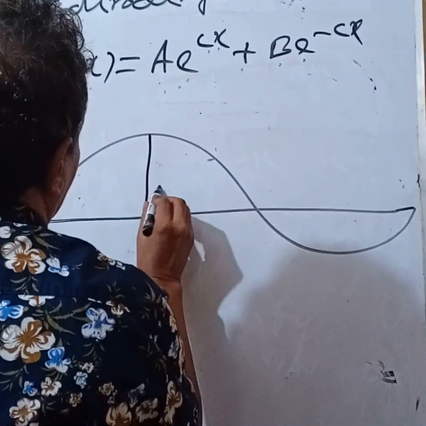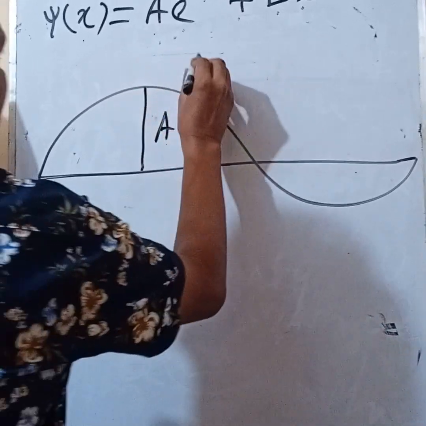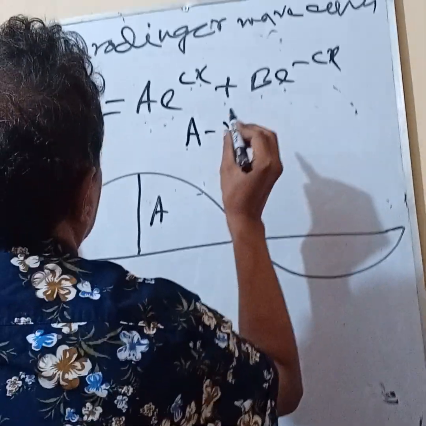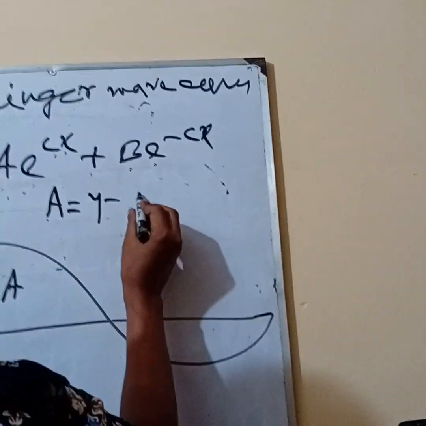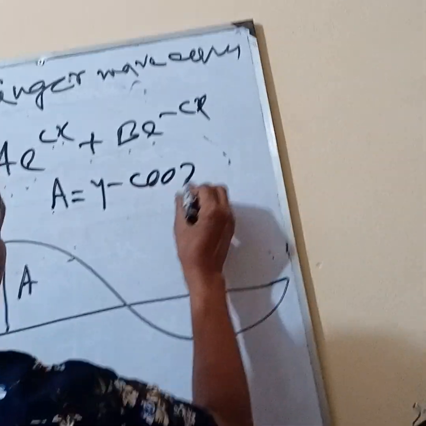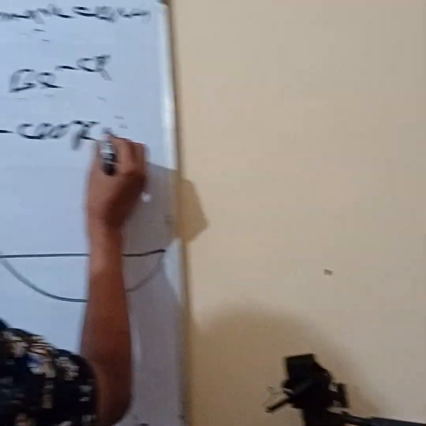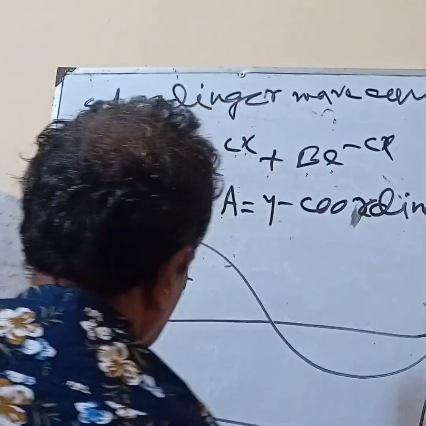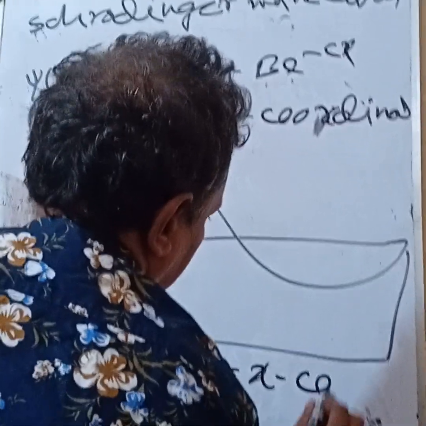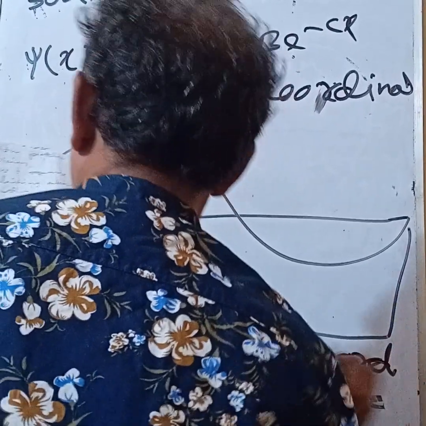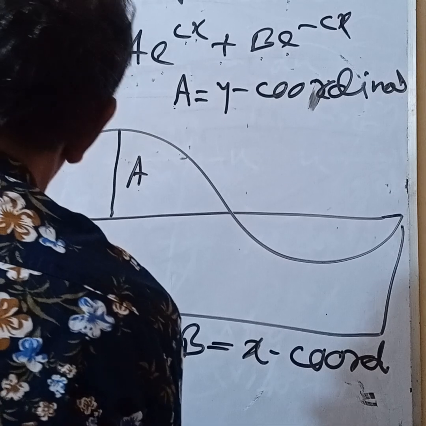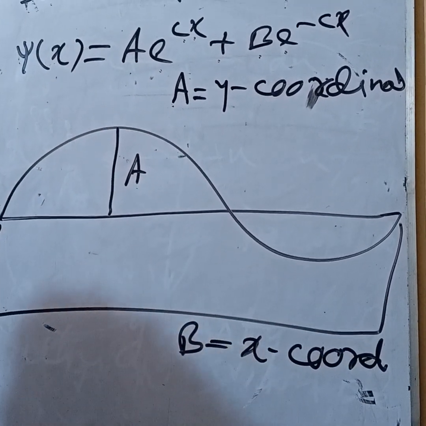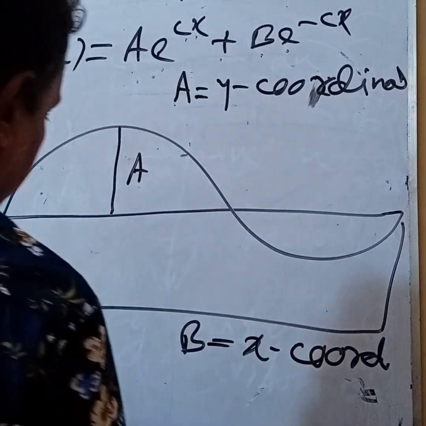There is a y coordinate as a y coordinate, and b is a x coordinate. Then,